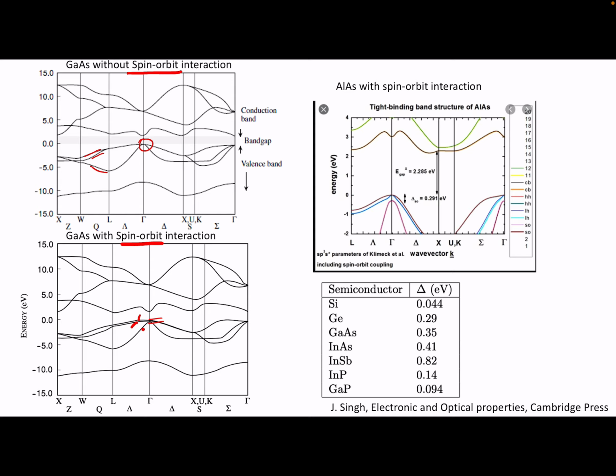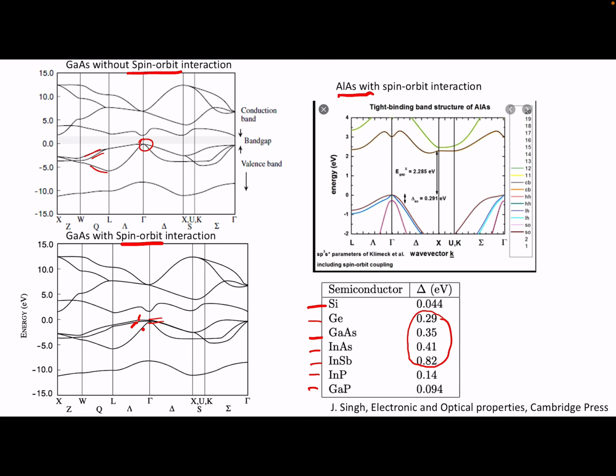When we do the same thing for aluminum arsenide, you can once again see the spin orbit splitting. The spin orbit splitting comes about because you have the valence band, which is made of p-type orbitals which have L non-zero. You have spin orbit splitting in silicon, germanium, gallium arsenide, indium antimonide, indium phosphide, gallium phosphide, and so on and so forth. You have the maximum spin orbit splitting in materials having large